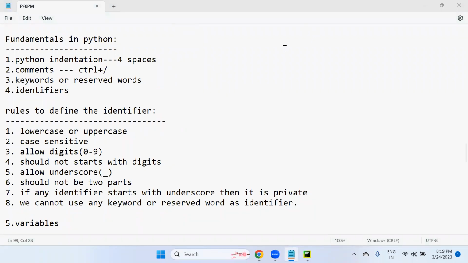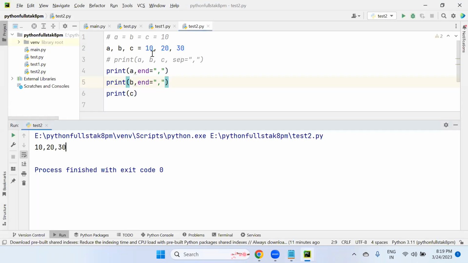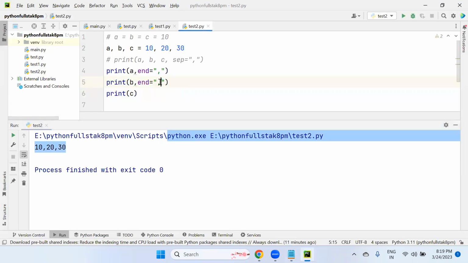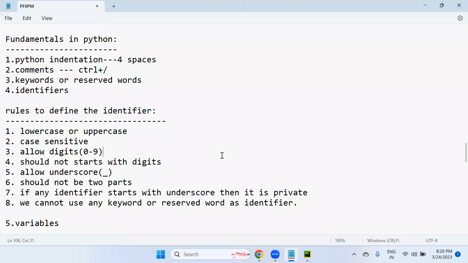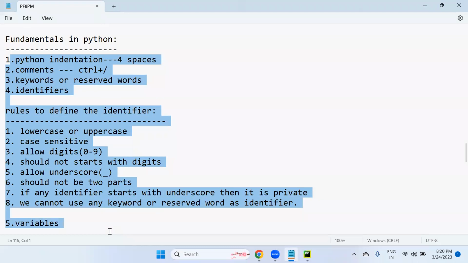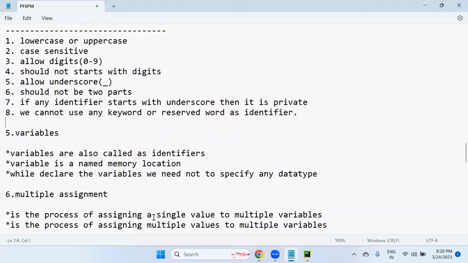Yeah, obviously it will work. An asterisk or any character will work in between. So look at this, I'm using hash. Here I'm using star. This is called the end attribute, end with some special symbol. It's not a problem. It's a separator, it can be any separator. So these are the fundamental concepts. Don't ignore them. Okay, so it can be useful.